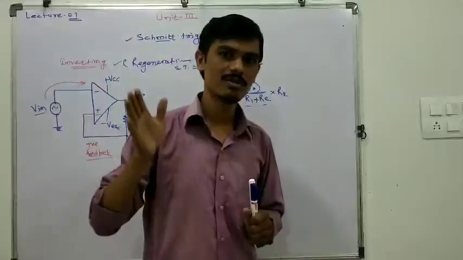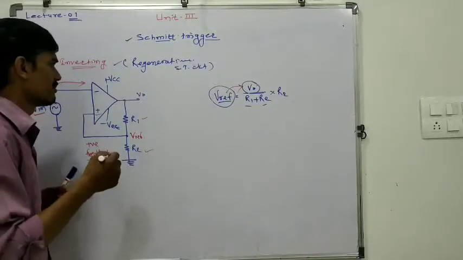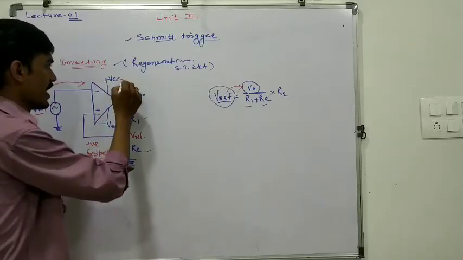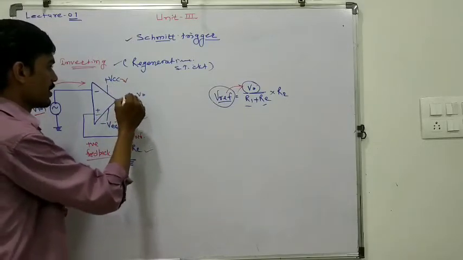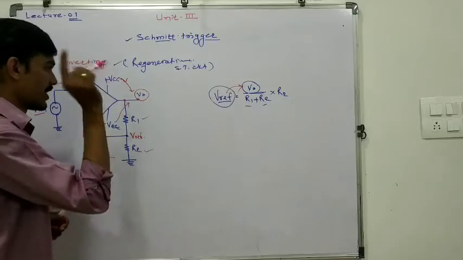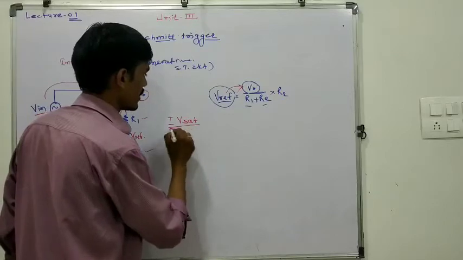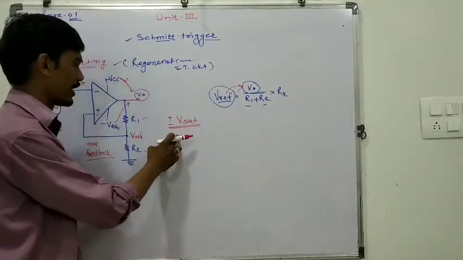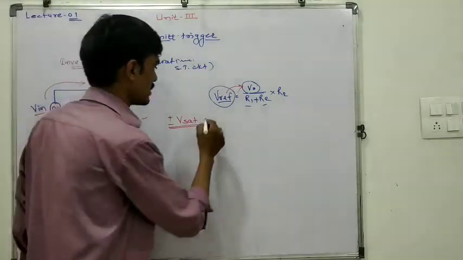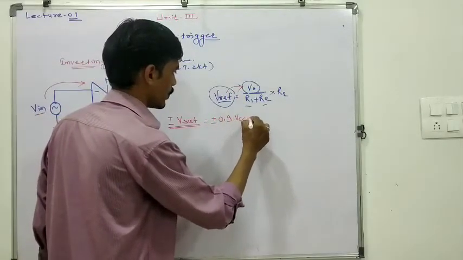Similarly, a saturation level is also available in an electronic circuit. Here the saturation level depends on the supply we provide to the operational amplifier, that is plus VCC and minus VCC. Depending on plus VCC and minus VCC, the output saturation level varies, and this level is called plus minus VSAT, the saturated voltage, either positive VSAT or negative VSAT. And the saturated value is approximately plus minus 0.9 VCC.